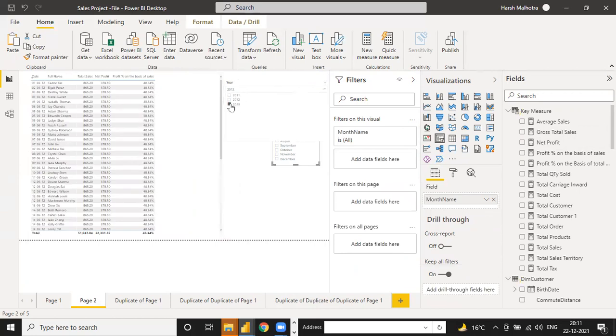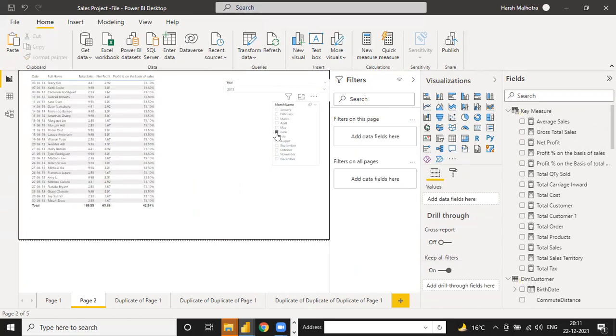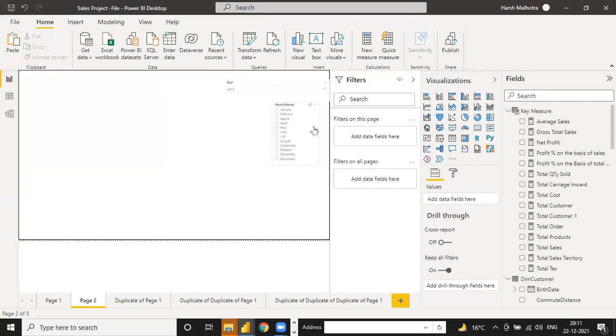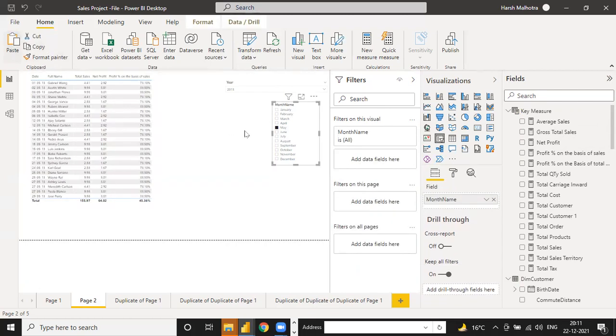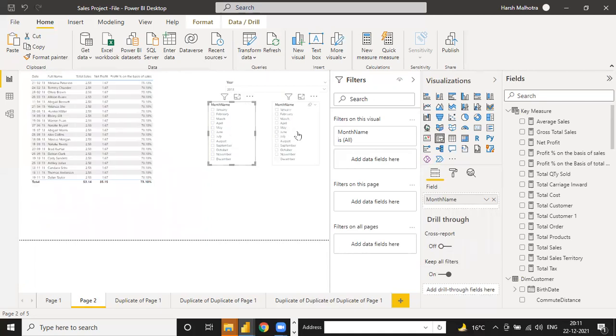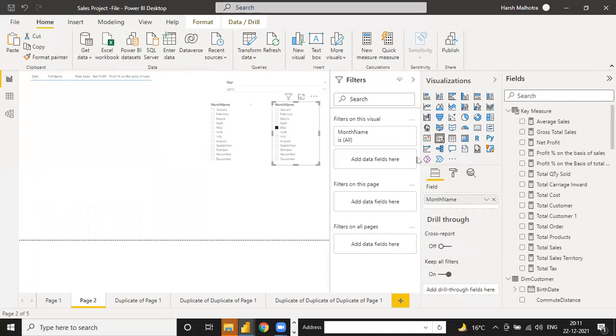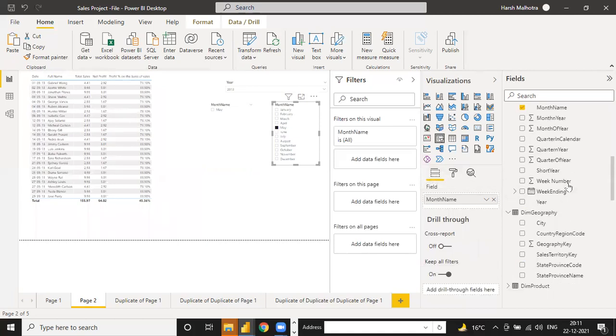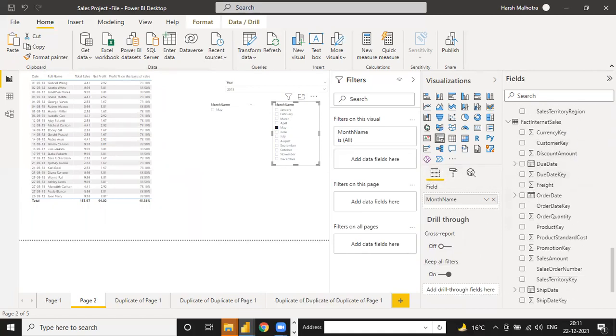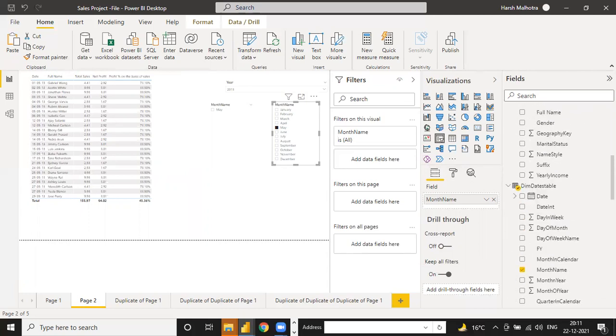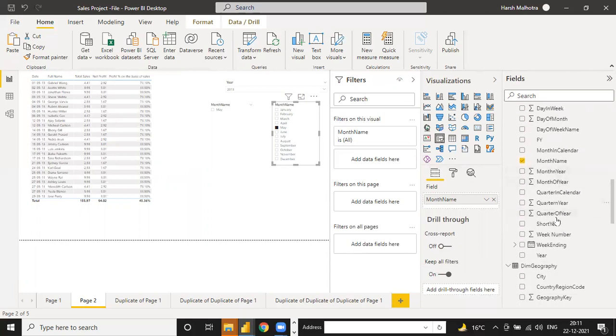Instead of 2013 also, suppose here I select the month. Suppose here we need one more slicer, just copy and paste. You can add multiple slicers into your one table. Okay, just select this. Instead of month name, this is your date.